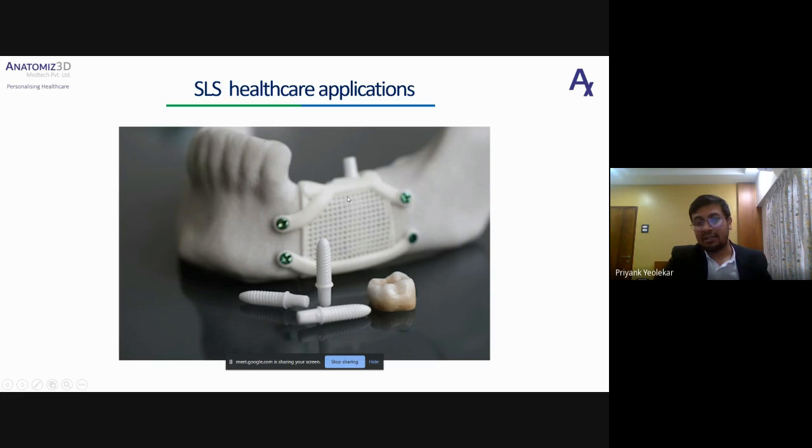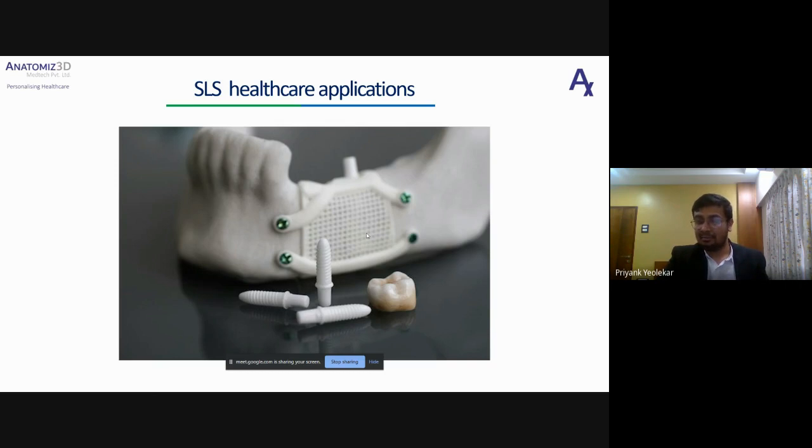Another kind of material that is used in this technology is glass filled nylon. Glass filled nylon is nothing but glass particles which are infused into or mixed with the material, so that when the part gets printed, the mechanical property of the part already gets better. The glass filled nylon will have higher strength resistance.